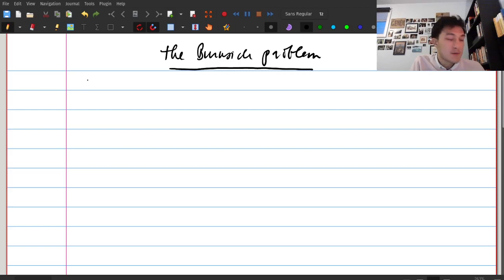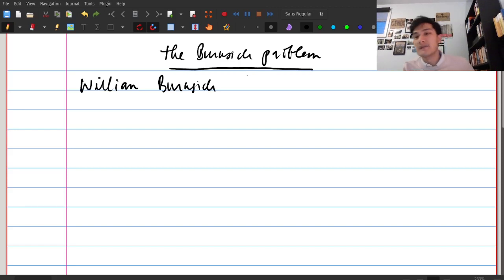So the Burnside problem started with, of course, someone named Burnside. So William Burnside. This is not the Burnside. If you've ever been to McGill University, there's a building called Burnside Hall, and that's where the math department lives. But these Burnsides are not related. In fact, the one at McGill is not named after a person at all. It's just named after the fact that it's beside a hill, and the hill is Mount Royal in Montreal. Anyway, I'm digressing. Probably not interesting at all unless you're from Montreal.